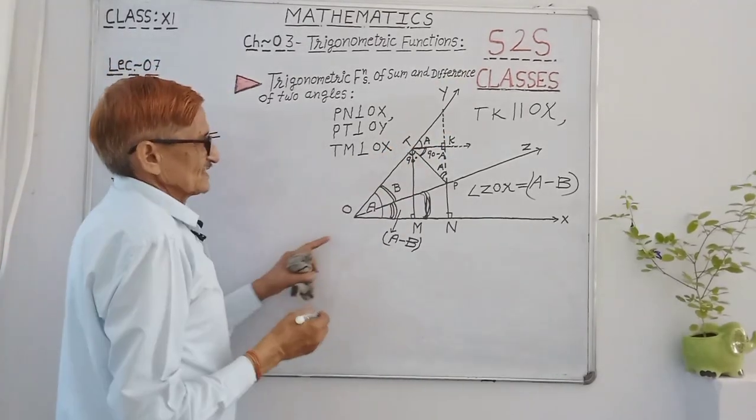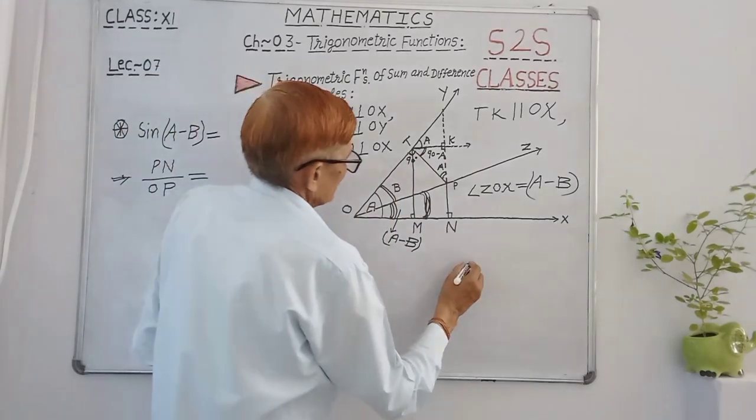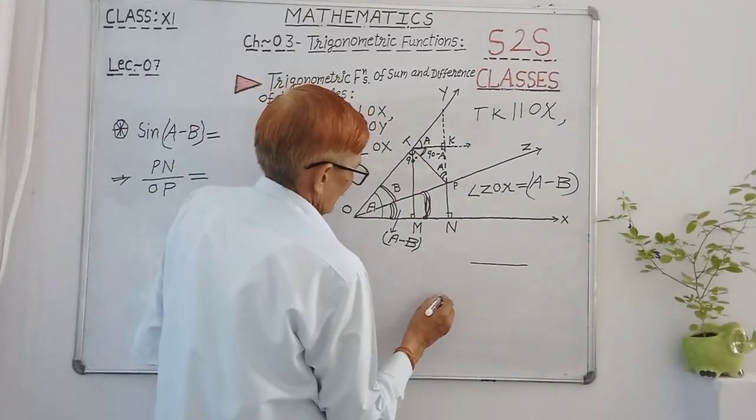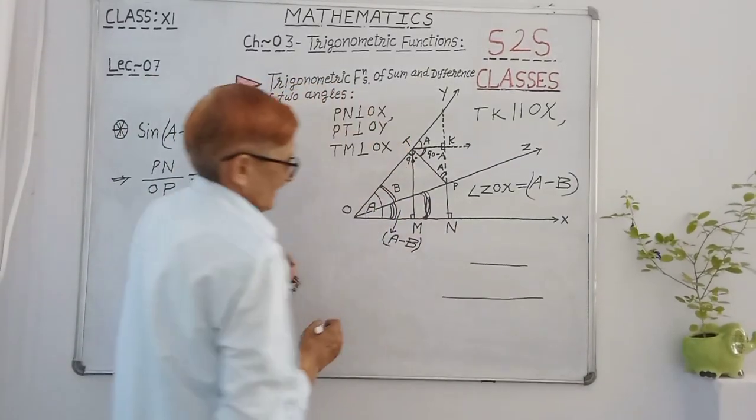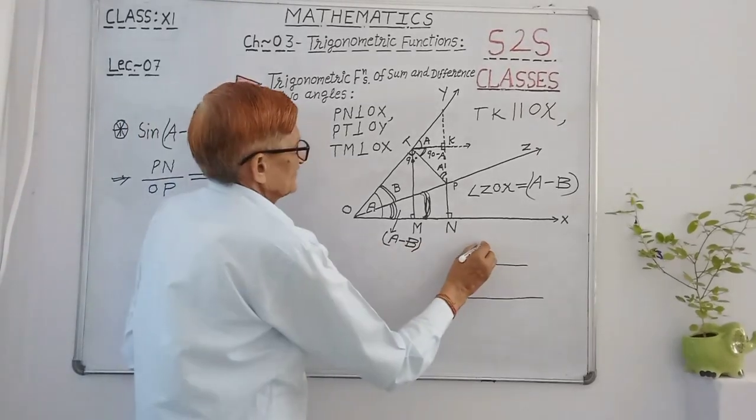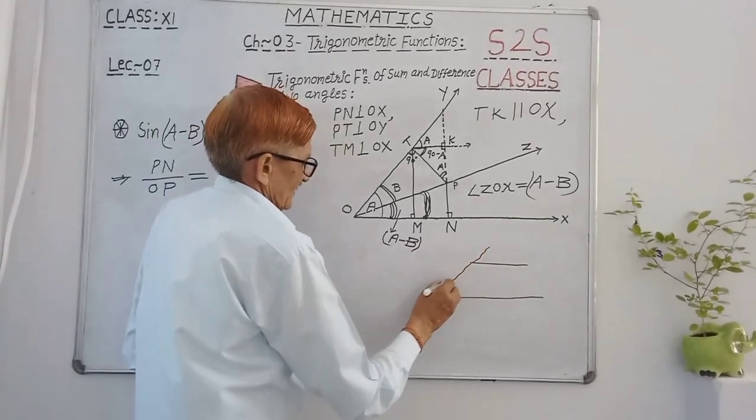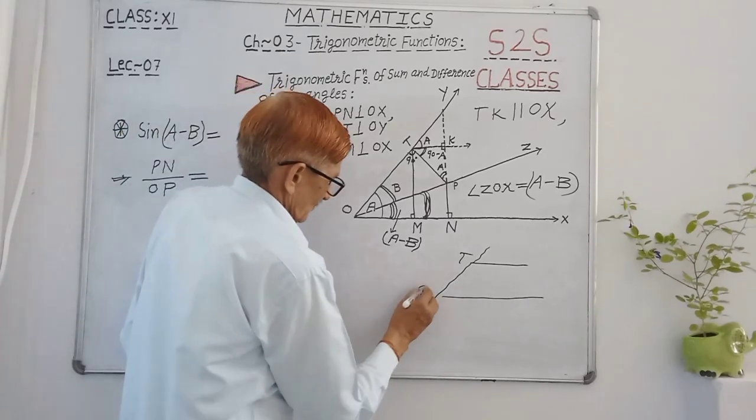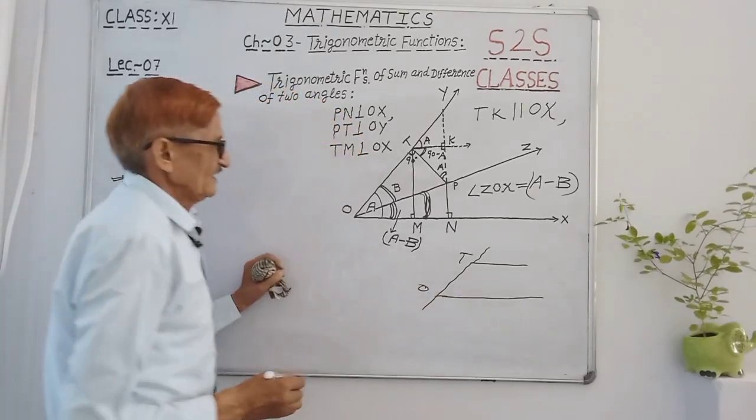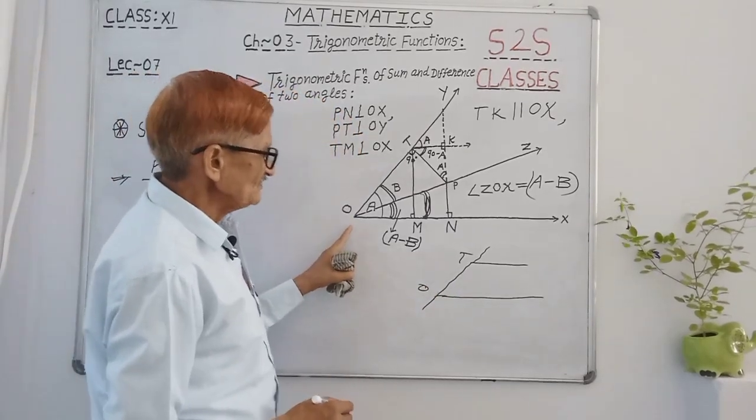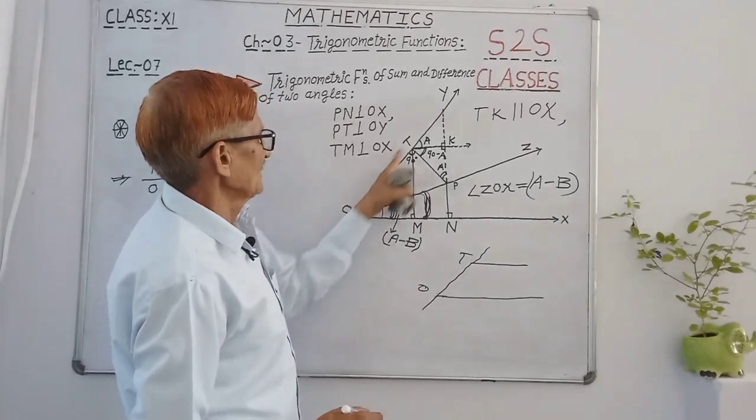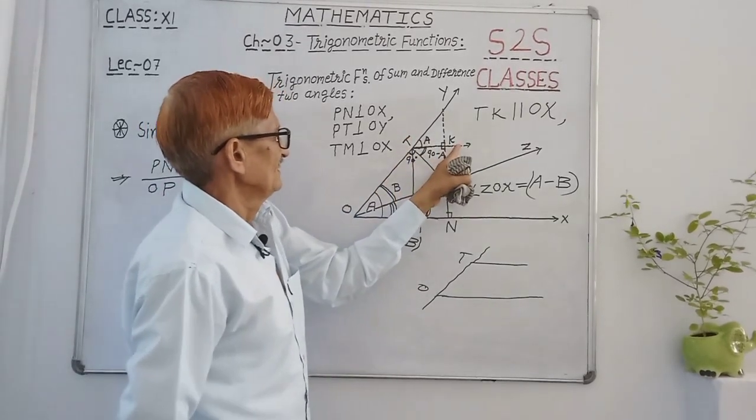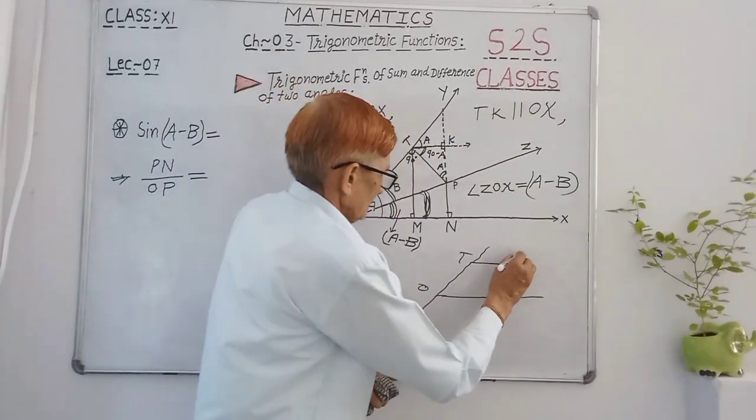OY is a transversal to the two lines TK and ON. So this is a transversal at point T. Now here this is a transversal line and TK